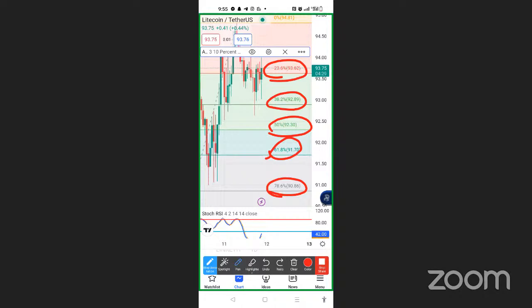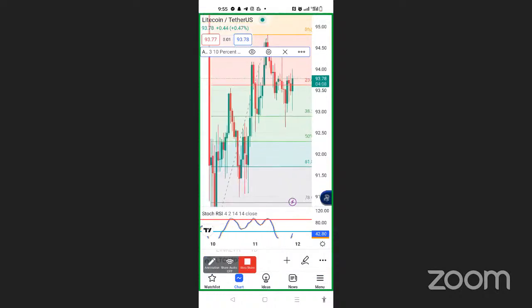And that is very important because these lines also act as support and resistance. I want to repeat my point. These lines also act as support and resistance. For example,